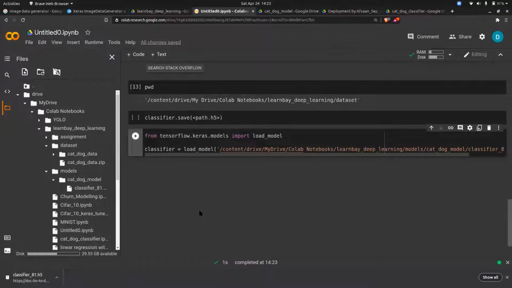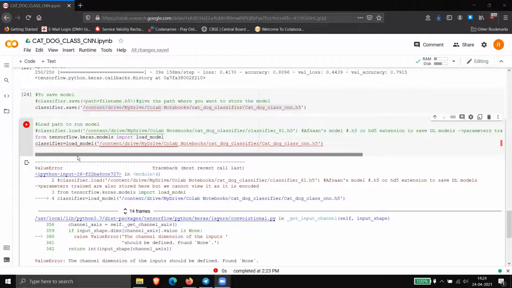Are you able to run this, everyone? I'm getting an error. Can I share my screen? Yes. The channel dimension of the input should be defined, found None.